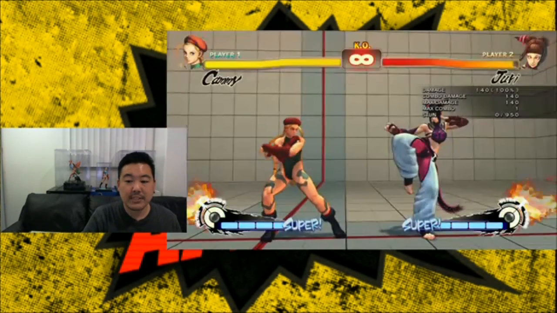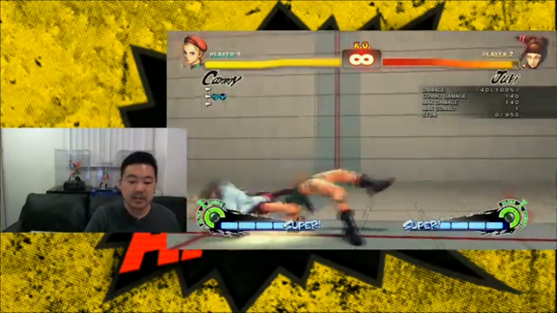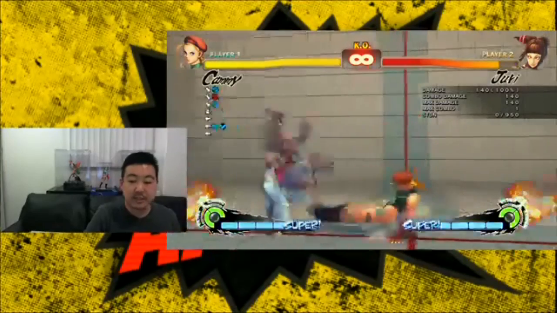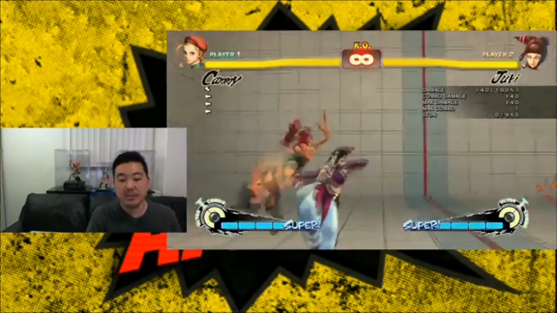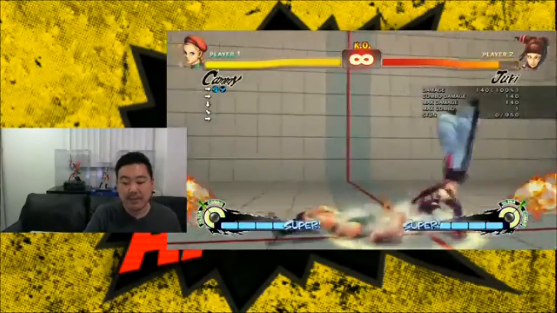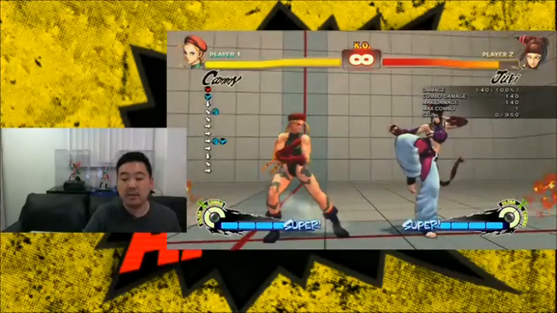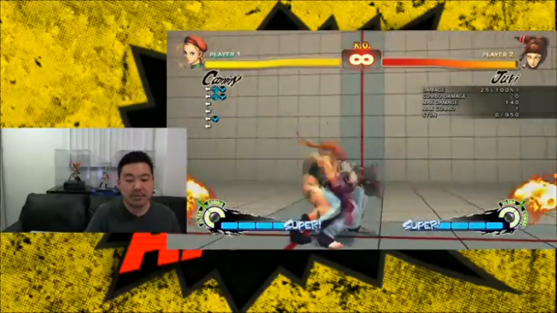The tricky thing about option selects is that a lot of people play it the wrong way. For example, I'm going to do the standard sweep option select, and you'll actually see one of the problems with Cammy right here. Sweep doesn't hit, right? So the sweep is not going to reach. But one of the biggest problems that a lot of people actually have is that when they do this option select here,